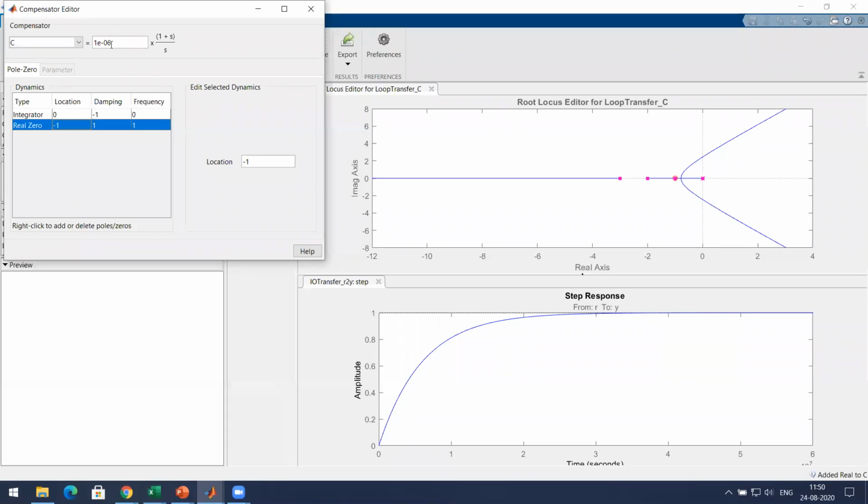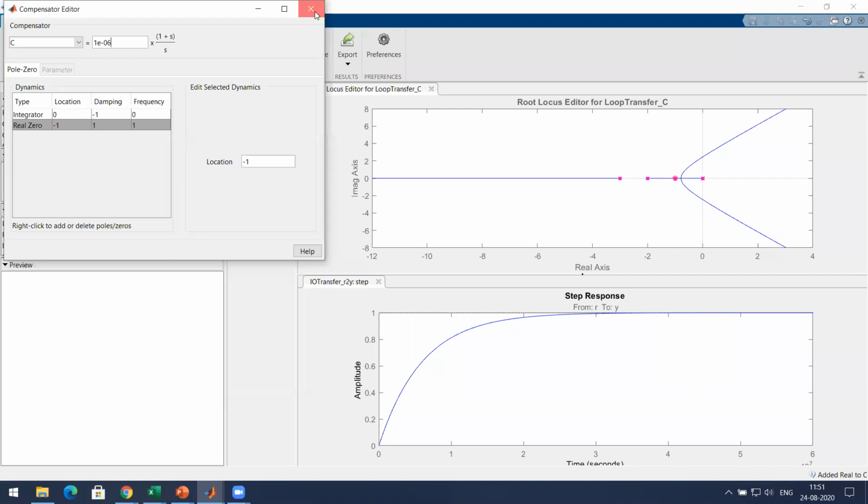So what is the controller transfer function now? It is 1e-6 into (1 plus s) by s. So this 1 plus s by s: there is a pole added, there is a 0 added. And what is this outside? It is a gain.